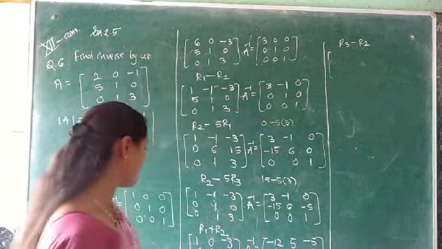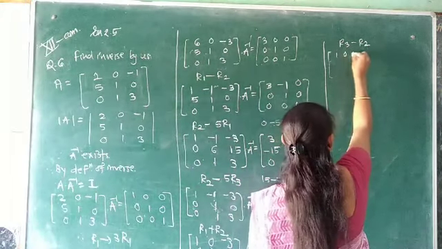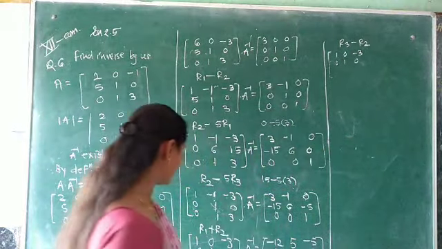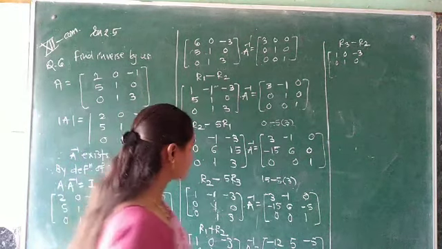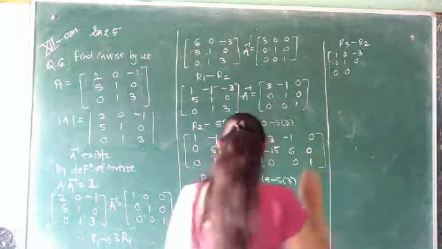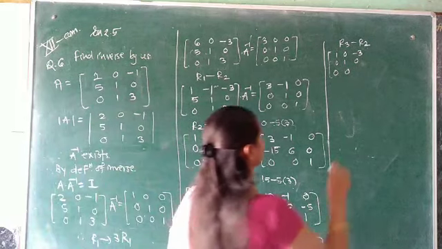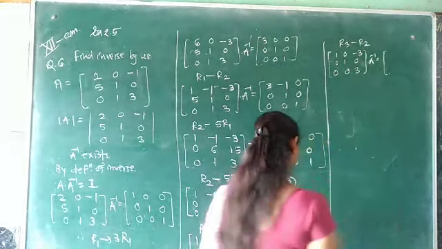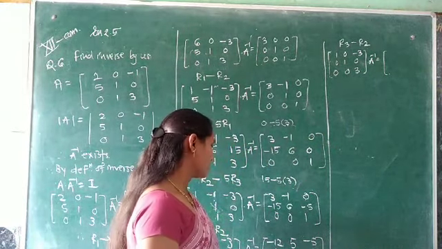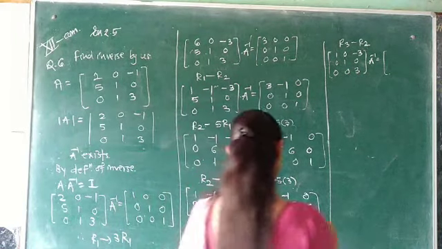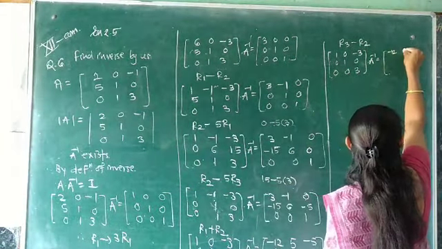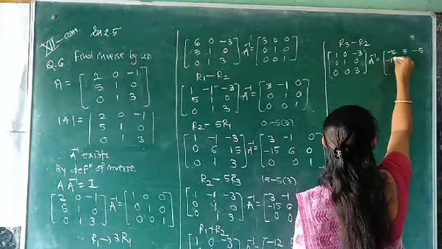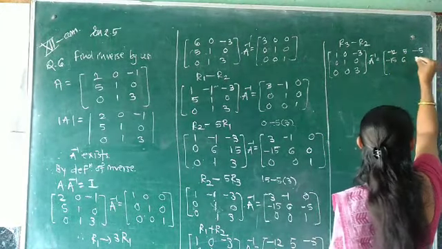So write R1 R2 as it is. 1 0 minus 3. 0 1 0. Now see here, 0 minus 0 as it is. 1 minus 1 0. And next here 3 minus 0 it is 3. Into A inverse R3 minus R2. So 0 minus of minus 15, the change happens in R3. Minus 12, 5 minus 5, here minus 15, 6 and minus 5.